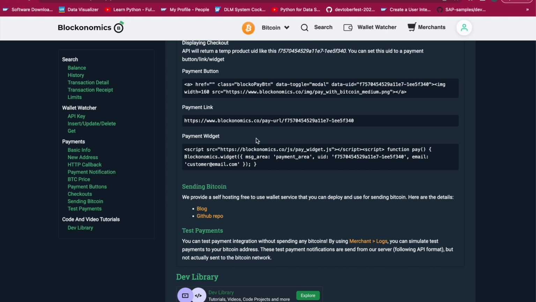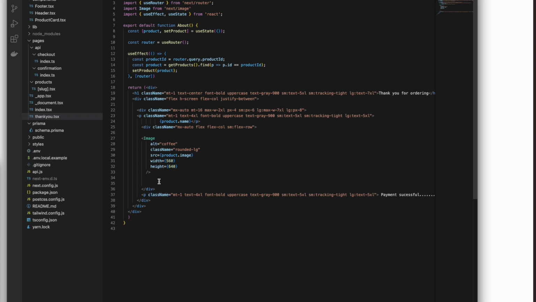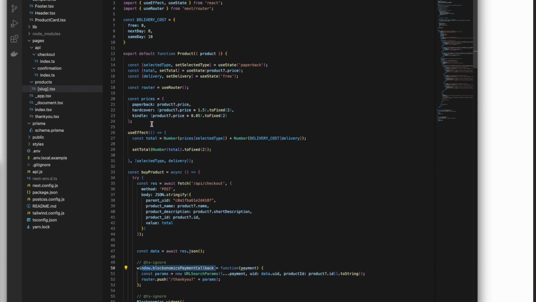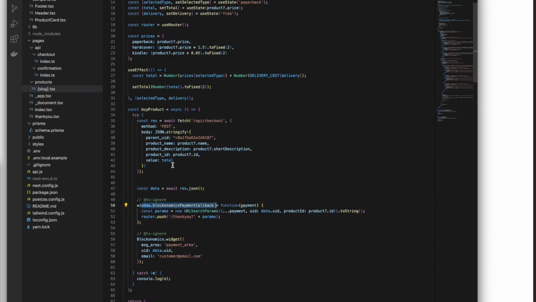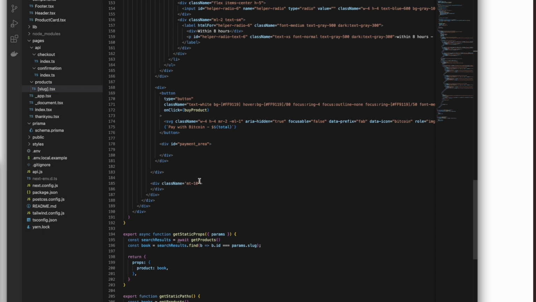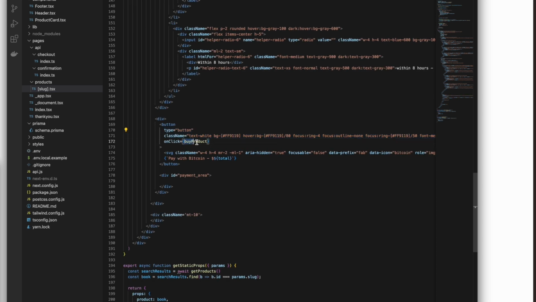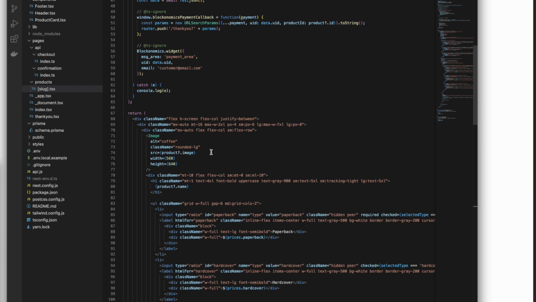Now let's look at how to implement this in your website. This website I've created using the Next.js framework, and the template which I've used is provided by Vercel. In this, I've created 2 APIs. One API will pass your data to the checkout API of Blockonomics, as you can see in this code over here, whenever you click the button. I have created the Blockonomics button here, and on clicking this button, the buy button function gets triggered, and this will